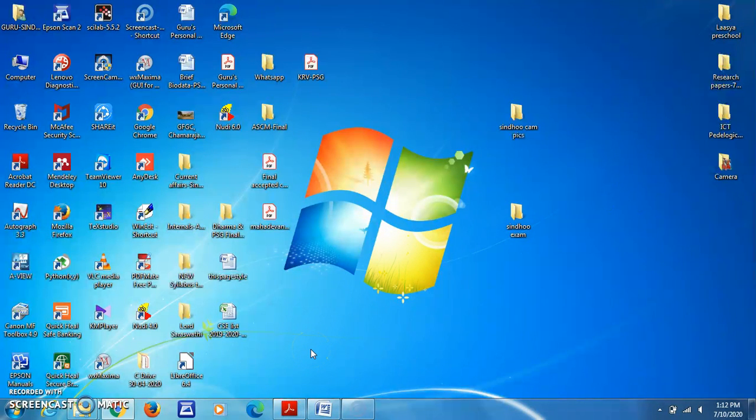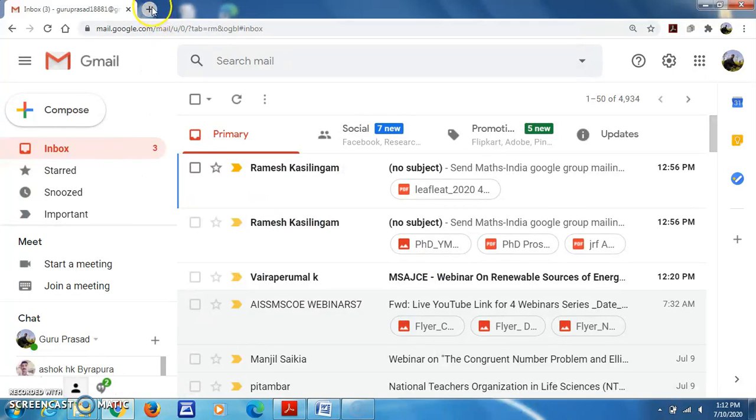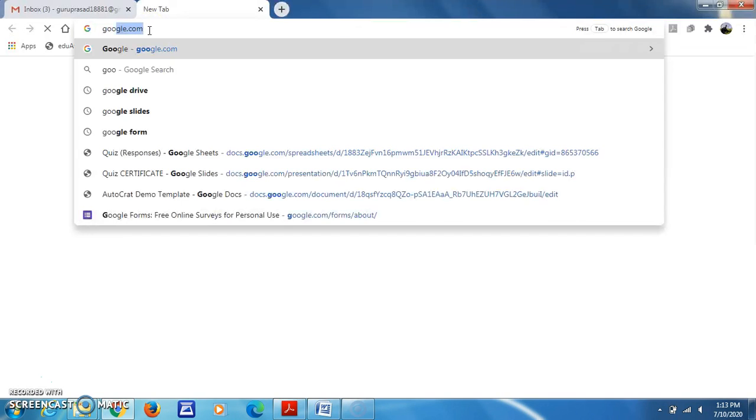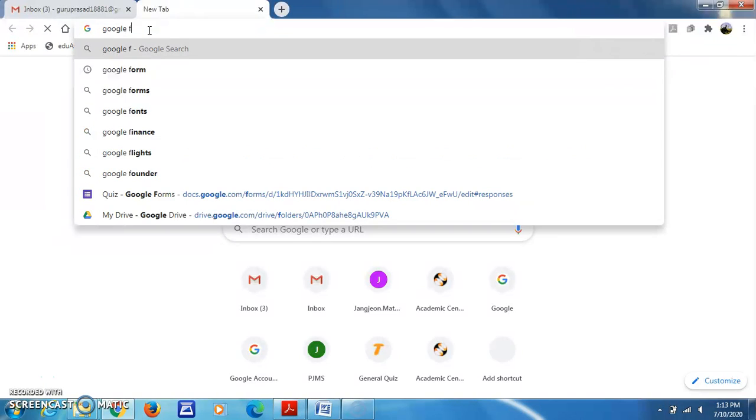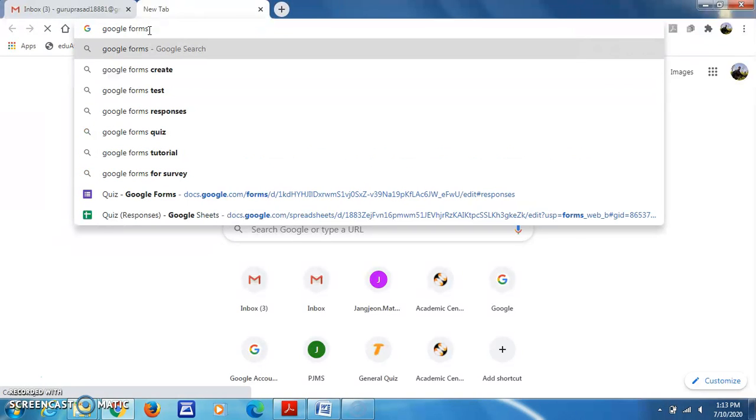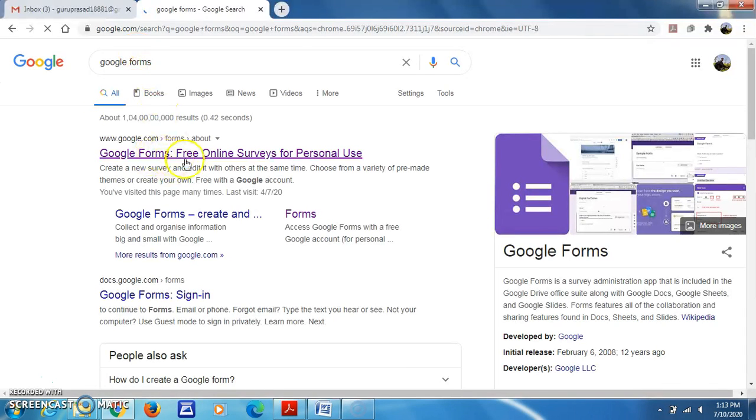At the start, please open your email in a new tab, and in Google search give Google Forms. Once you give Google Forms, the first result you will get is Google Forms, a free online service for personal use. Open that.